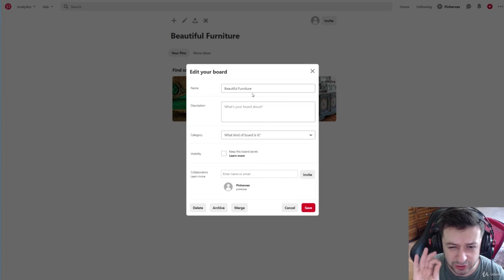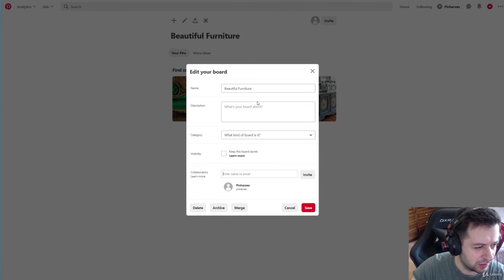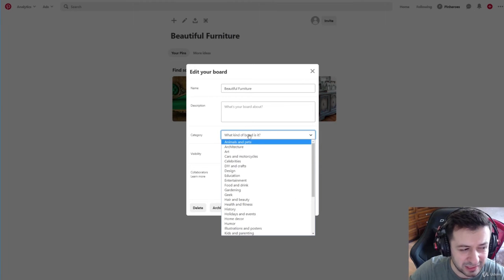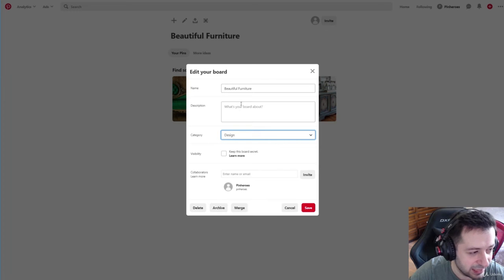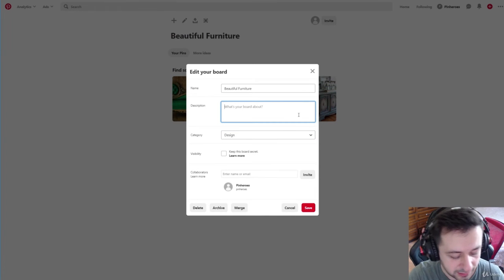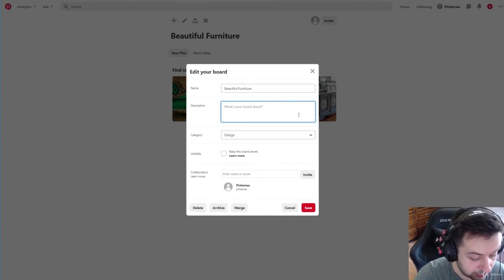This is not 100% necessary, but it will give you an additional boost and compel people to follow your boards more. So let's call something like that. You can choose a category, but I'm just not doing it that much. Let's call this design category, beautiful furniture. And this board you will see the most